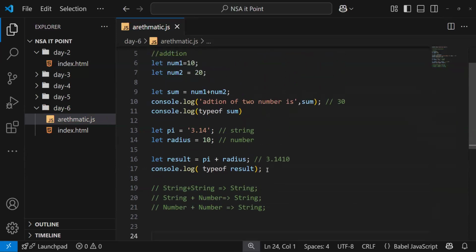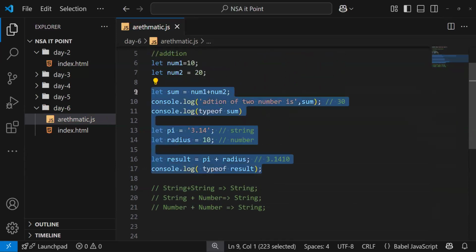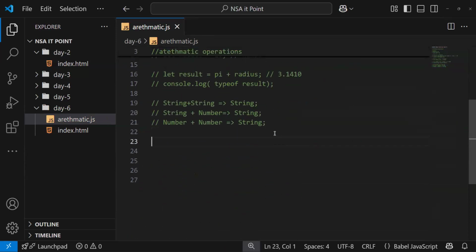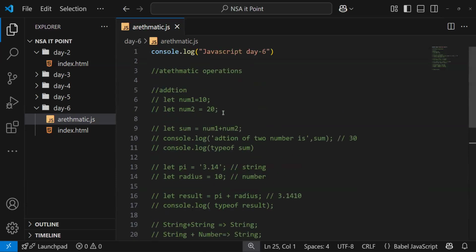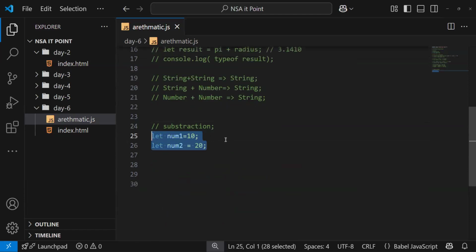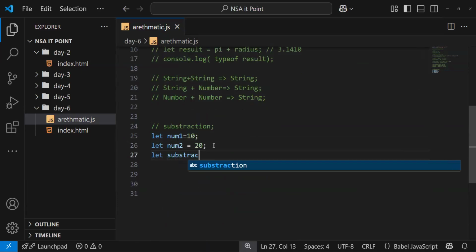Similarly, let's quickly comment everything for now. Let's start on subtraction. Any doubt till now? Any doubt? 14 people. Any doubt? Subtraction. Let me copy paste this one. Comment. Let subtraction